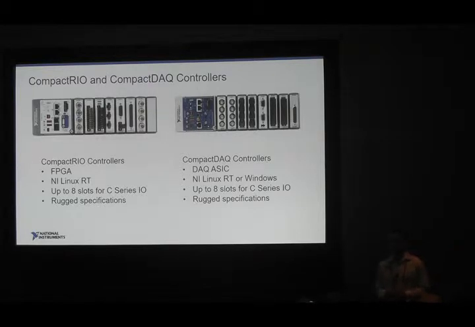But what's really unique about one versus the other is that CompactRIO has that FPGA, has that powerful processing unit in there that allows you to do some very advanced and very flexible things in your applications, such as high-speed control or maybe custom timing and triggering for doing some custom data acquisition. Whereas the Compact DAQ controllers on the right side are going to feature that DAQ ASIC that makes it really optimized for data acquisition, so doing things like waveform measurement streaming, or just generally speaking, getting data back without having to go too in the weeds of programming,